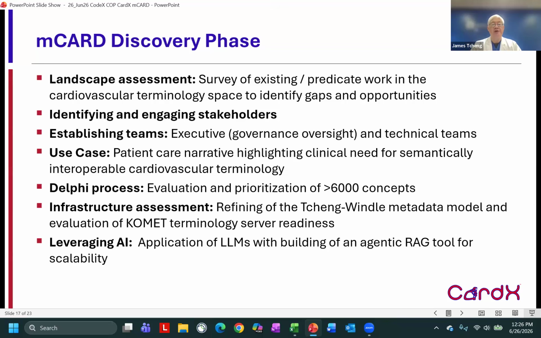Our particular use case is a patient care narrative that highlights the clinical need for semantic interoperability by following a patient as they go from elective outpatient to an urgent outpatient setting to an emergency department setting to a patient hospitalization associated with procedures and then longitudinal follow-up. In this discovery phase, we actually identified over 6,000 concepts that have been published in the medical